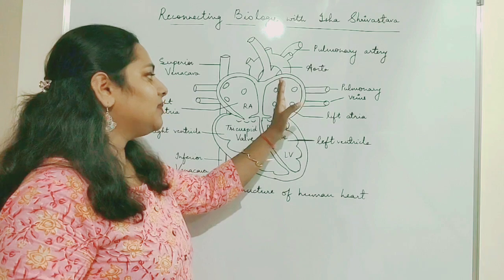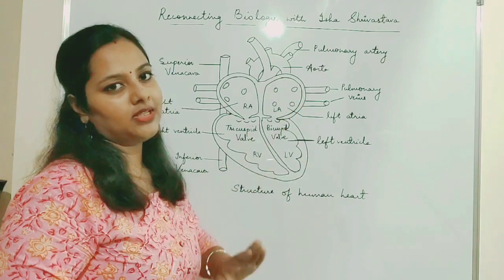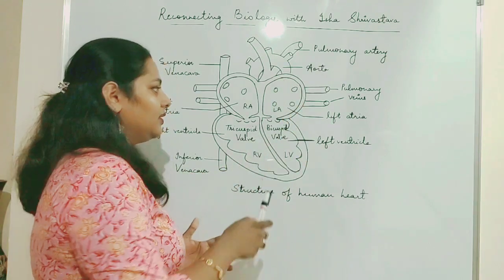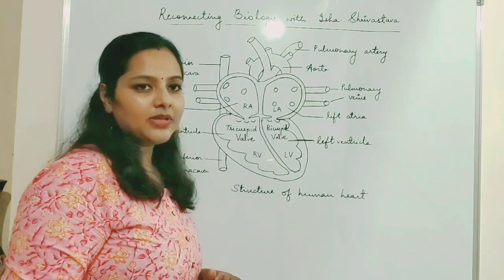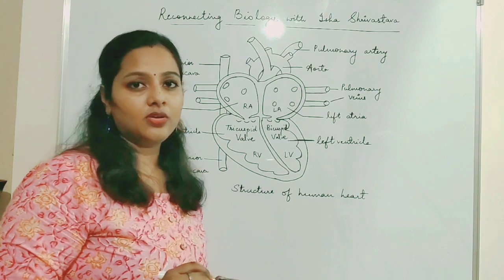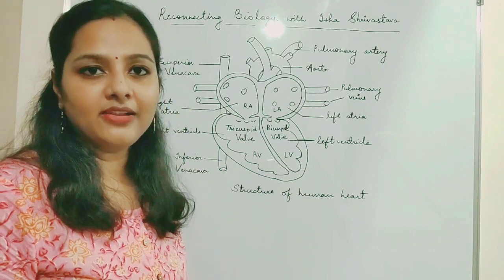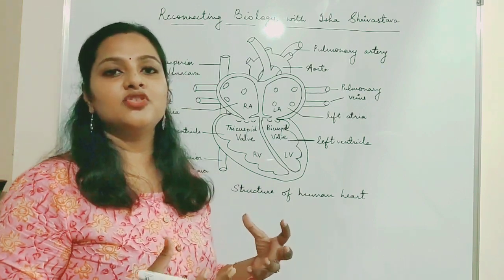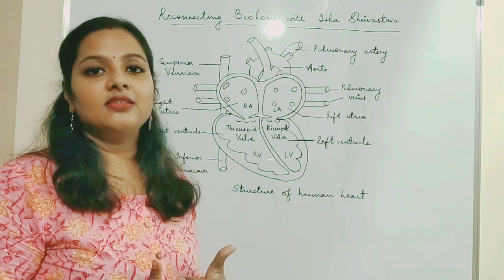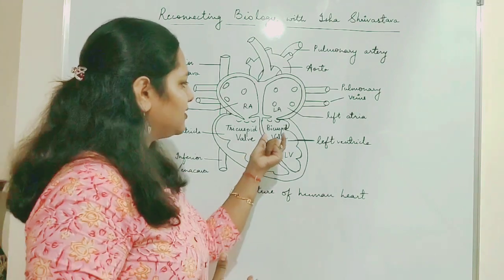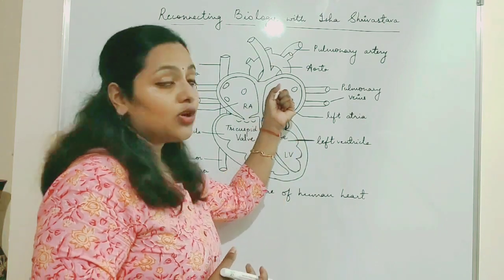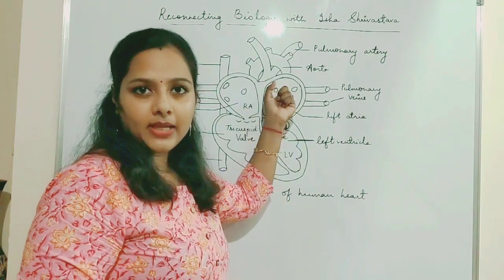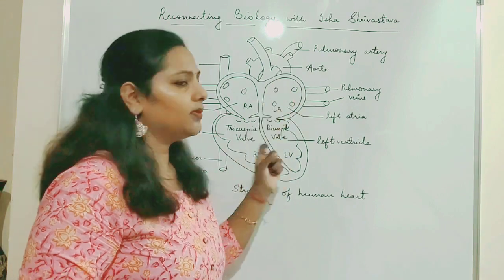Now the oxygenated blood will flow from the left atrium to the left ventricle. The same way as the tricuspid valve was present here, here the bicuspid valve is present. This bicuspid valve is also known as the mitral valve because it resembles the shape of the mitre, that is the Pope's cap, that is why it's called the mitral valve or simply the bicuspid valve. So it will also ensure the unidirectional flow of the blood. It will flow from the upper chamber to the lower chamber.